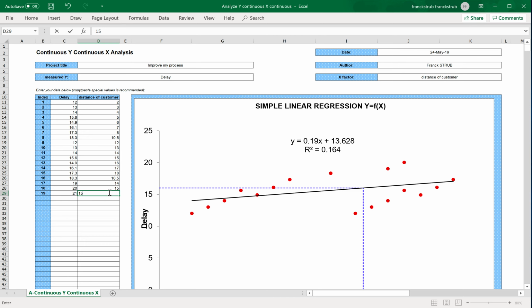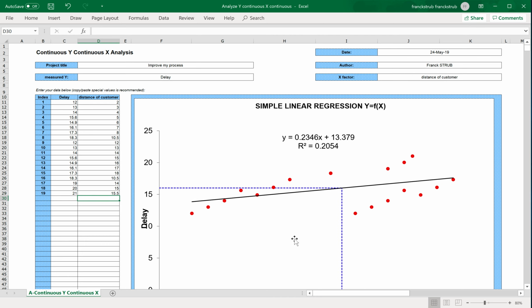I will complete what is entered. Yeah, 15.5. And you see that we have an equation, Y equals a coefficient times X plus a constant, 13.379, and we have the famous R-square value, which determines how much of variation you can explain when you vary 100% of your X. How much of Y variation can you explain with this equation?